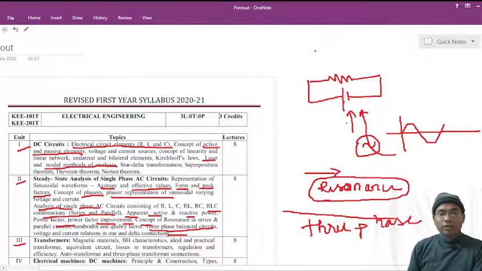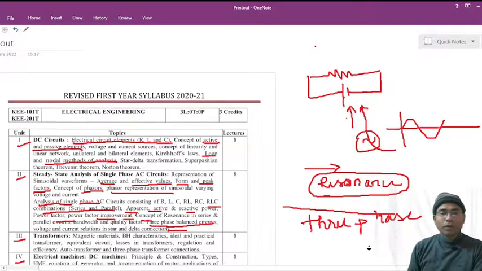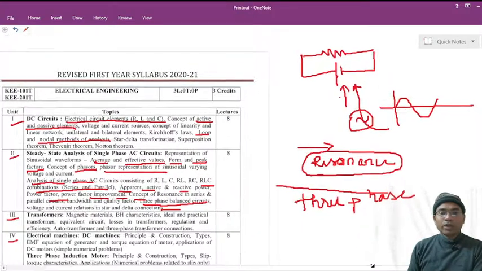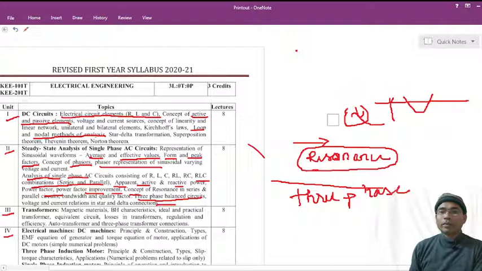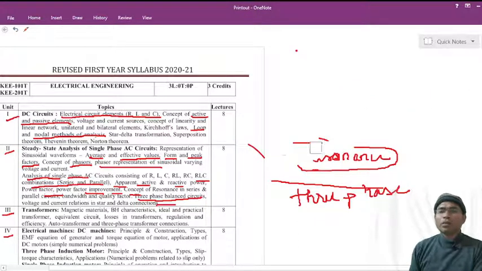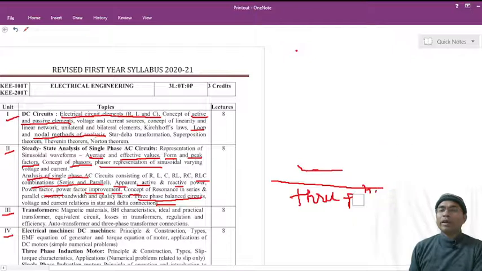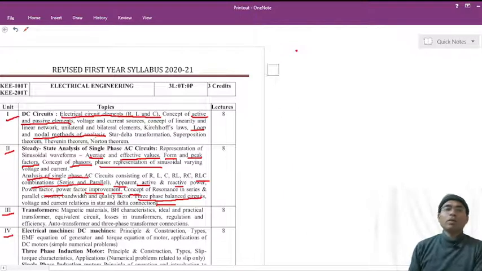Now unit 3 belongs to the transformer. As you can see, unit 3 totally covers the transformer, and the transformer is a very useful device. A transformer makes AC supply reliable to transmit from one place to the farthest place or remote location. With the help of the transformer we are having